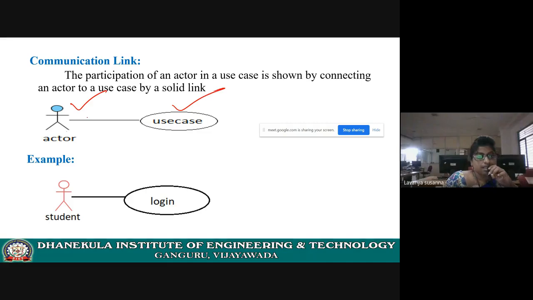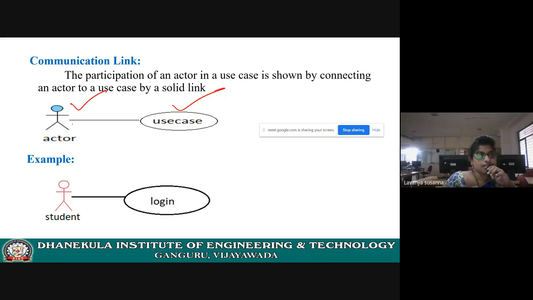The communication link will be between the actor and use case only. What it represents is that this actor communicates with this functionality, or this actor uses this functionality.